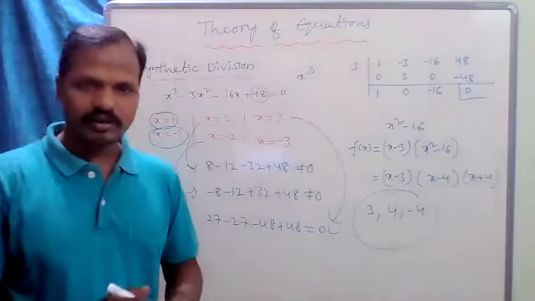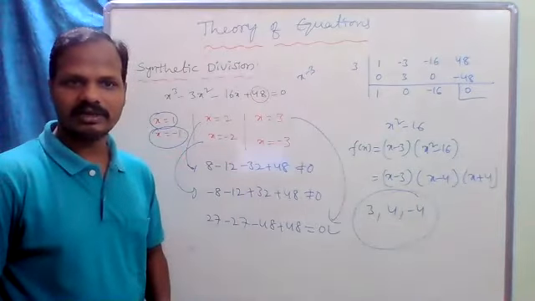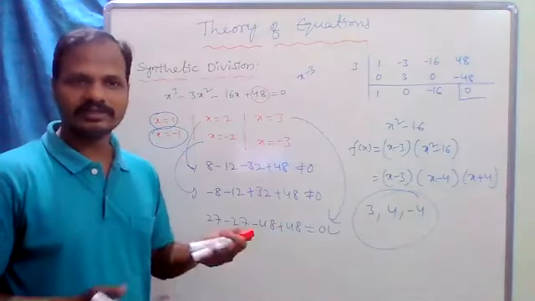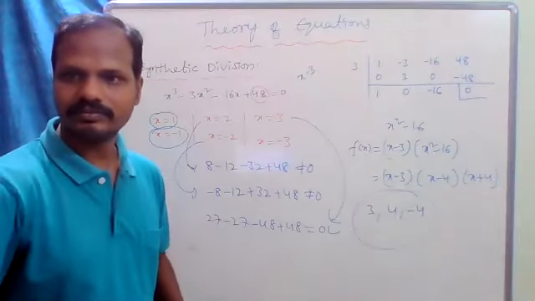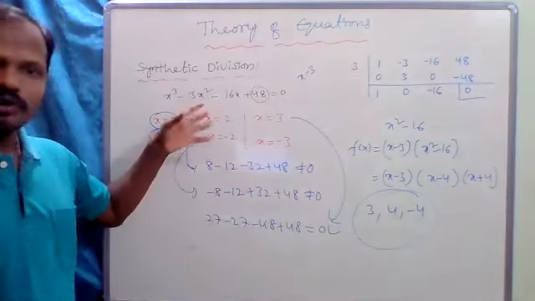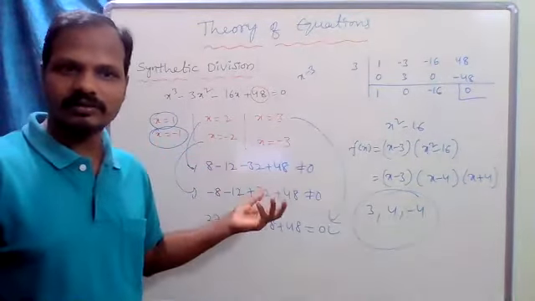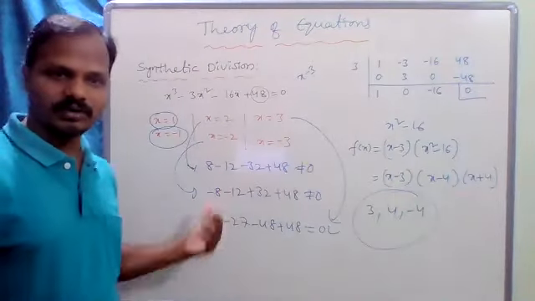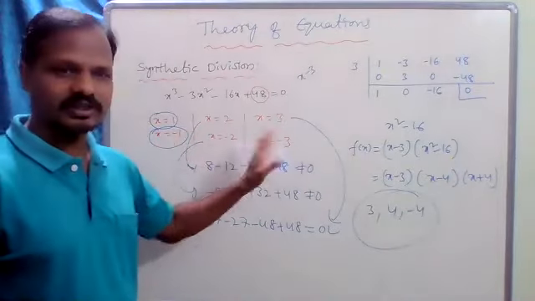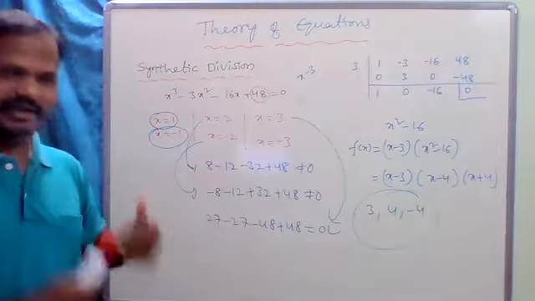So this is the process to find the roots of a given polynomial equation of degree greater than 2, because for degree 2 it is very easy to find the roots. Suppose a 4th degree polynomial is given, then you apply the trial and error method: x equal to 1, -1, x equal to -2, x equal to 3. Of course, you may get a root in between 1, 2, 3. No need to go further in general at our intermediate level.